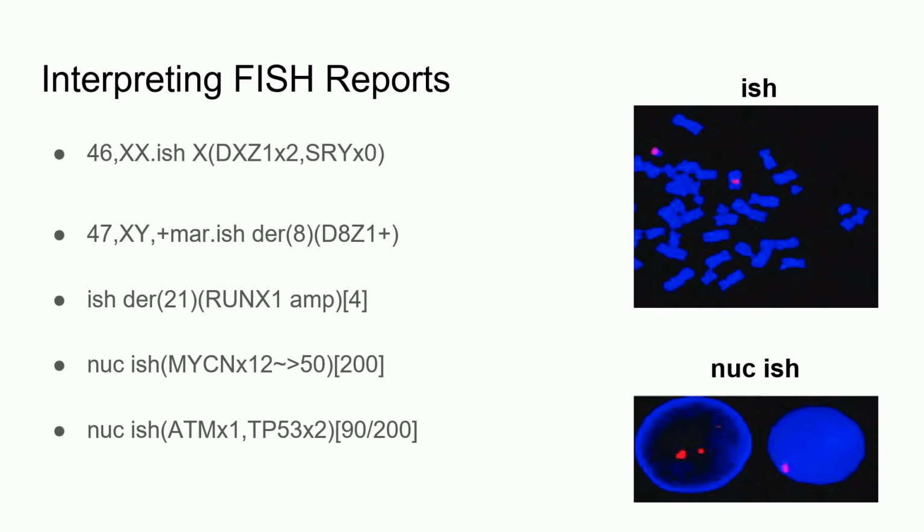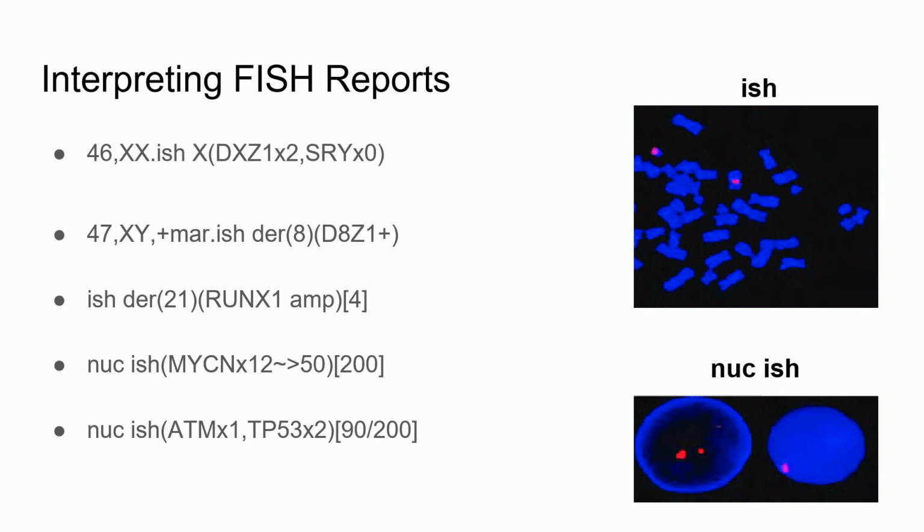In the third example, no karyotype is available. We are only looking at the FISH results performed on metaphase cells, using the probe against the RUNX1 gene. The results showed an amplified signal in 4 cells that cannot be enumerated. If the number of amplifications can be counted, then they would have designated the number of signals. This abnormality can be seen in some leukemias.